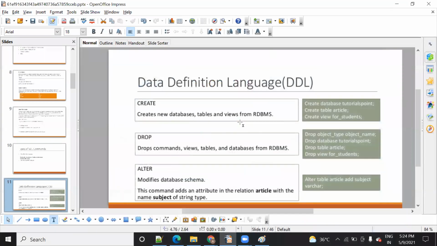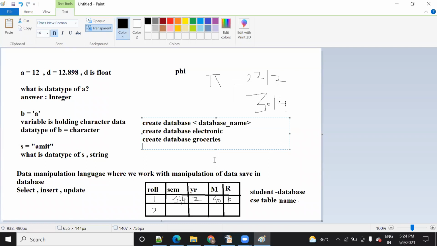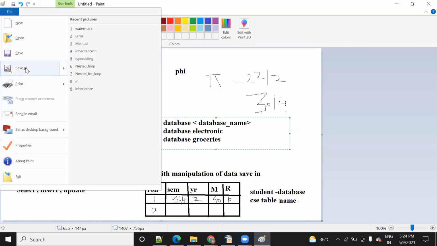Is it clear? Now suppose you want to drop a table. How will you drop it? Drop table, table name, or you can write drop database directly.